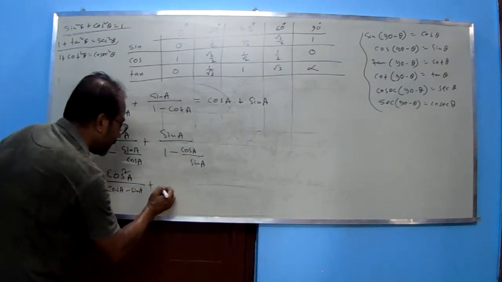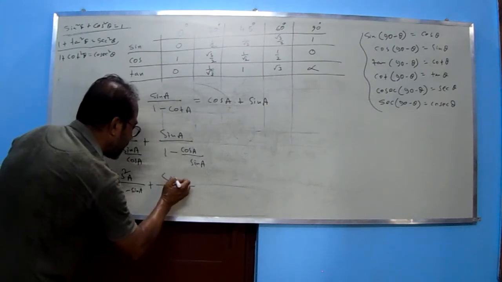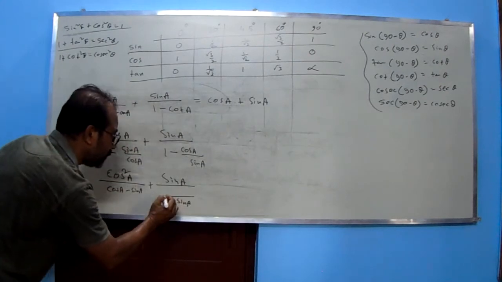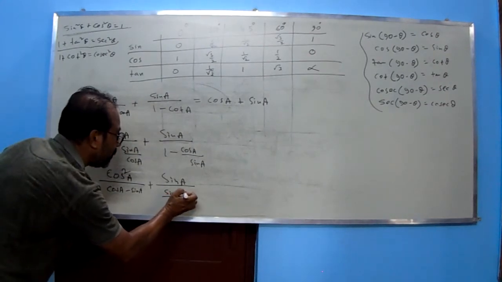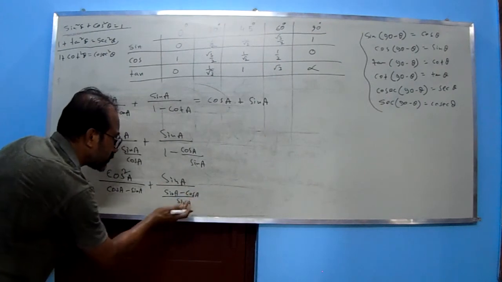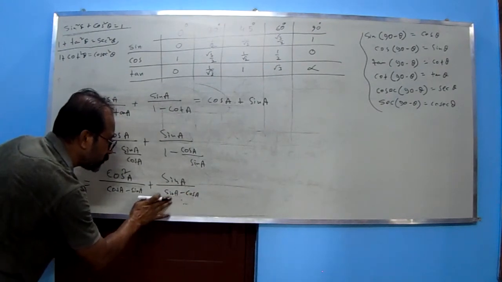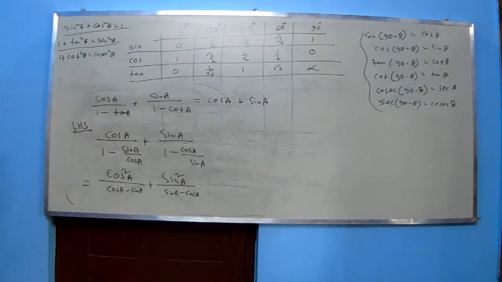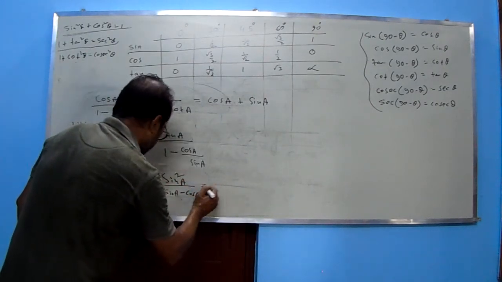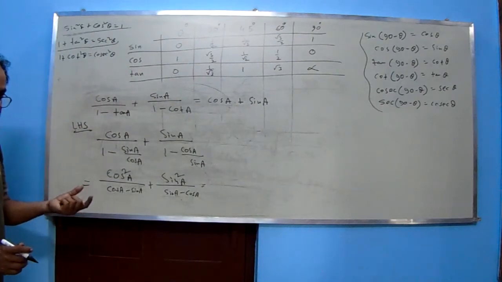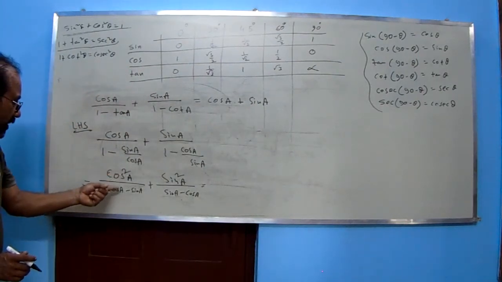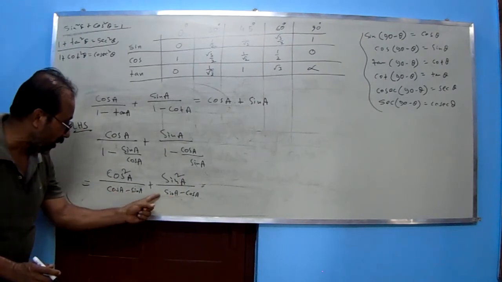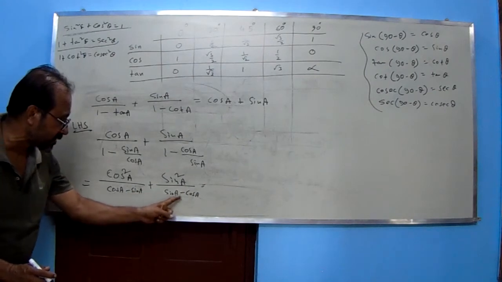Like that. It is also sin A. Here sin A is to be taken as LCM, so it is sin A minus cos A. So sin A again jumps up to the numerator, so it is sin square. Now you must be very vigilant. Cos square A divided by cos A minus sin A, here it is just reversed. Plus sin A, here it is minus sin A, plus sin A minus cos A.